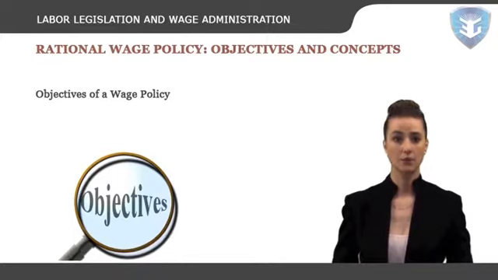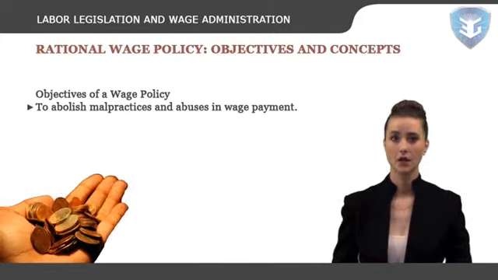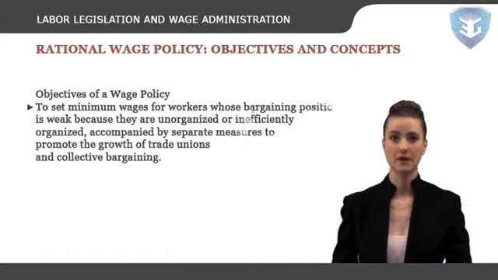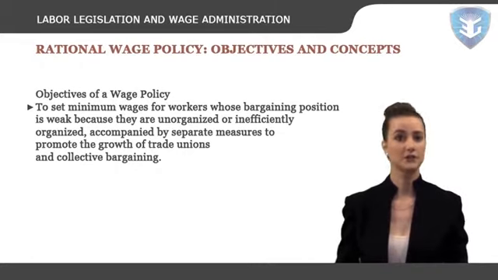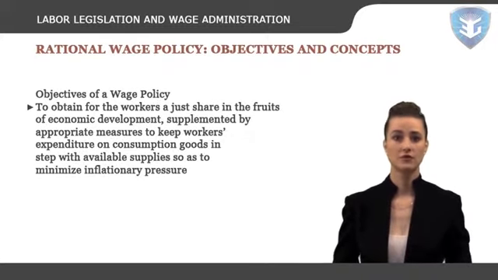The ILO publication has enumerated the following objectives of a wage policy in developing countries: to abolish malpractice and abuses in wage payment, to set minimum wages for workers whose bargaining position is weak because they are unorganized or inefficiently organized, accompanied by separate measures to promote the growth of trade unions and collective bargaining, to obtain for the workers a just share in the fruits of economic development,